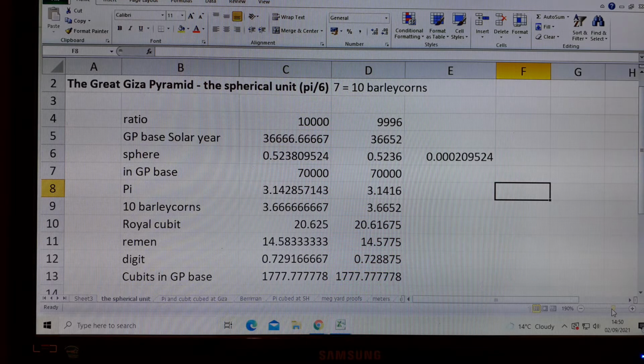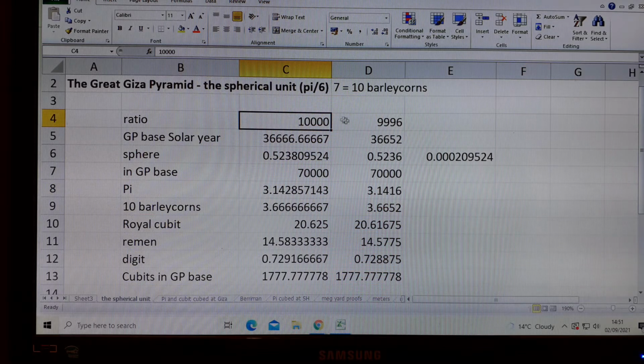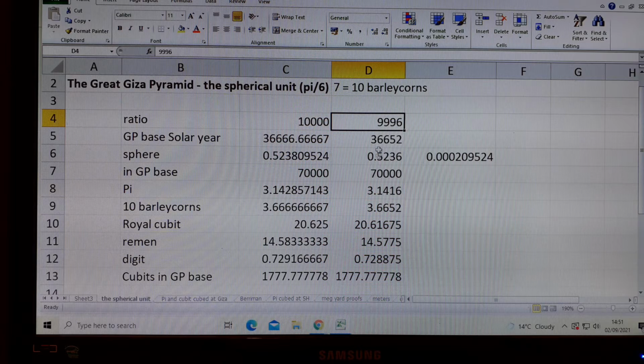So we know that these are two valid versions of pi, and not only that, I've written a paper about this. And the relationship between the two versions is when 22/7 is represented by 10,000, 3.1416 is represented by 9996. And that's completely deliberate by the ancient designers. So how do we talk our way down this unit? Well,